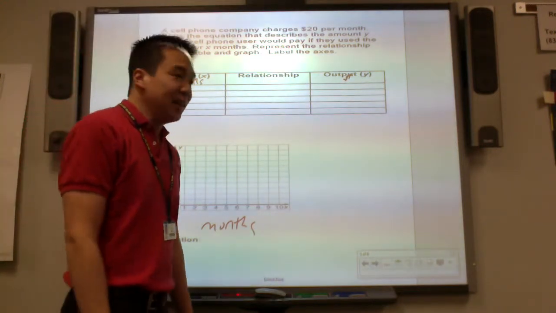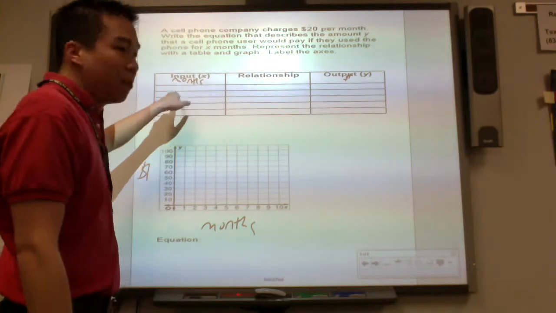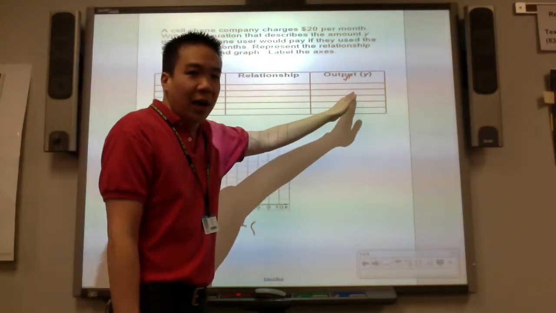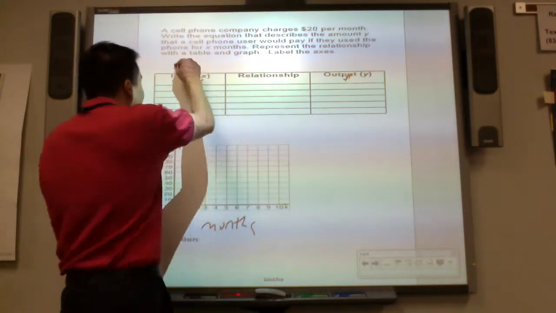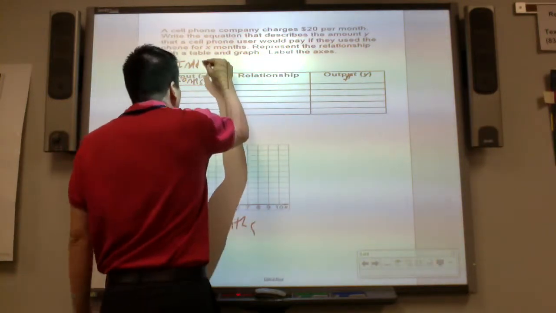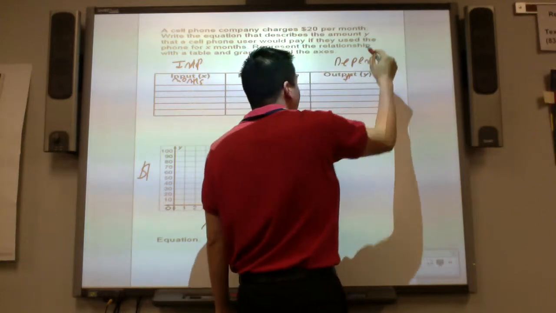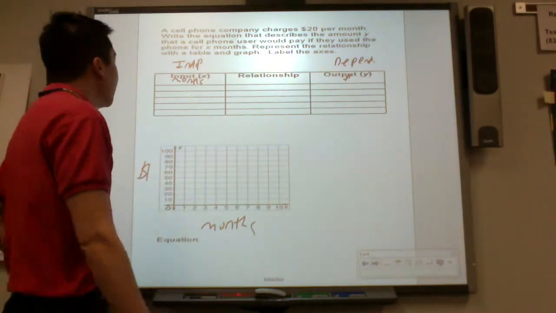Why, you might say again? The dollar amount is dependent upon how many months there are. The more months you have, the more money you have. That's why this is the independent. X is always the independent. Dependent is the y. Something you're going to have to memorize or just know. Independent, because it's science class. I think you've already learned this already. All right, so